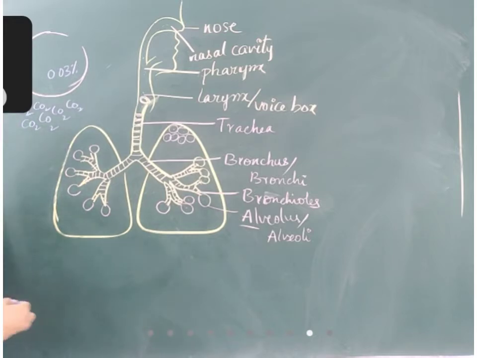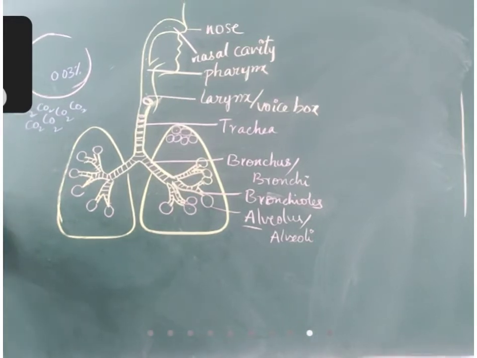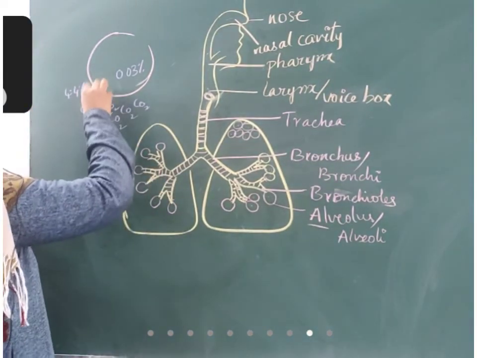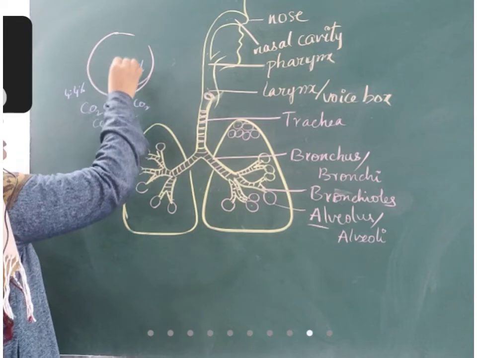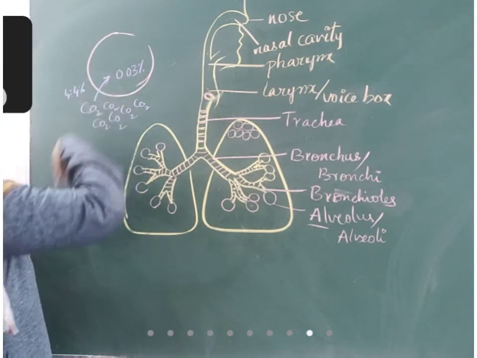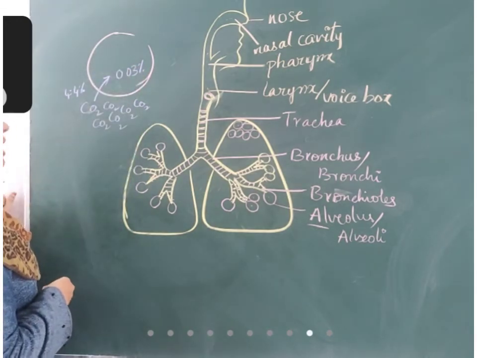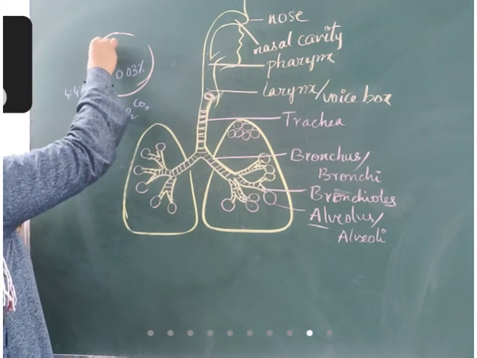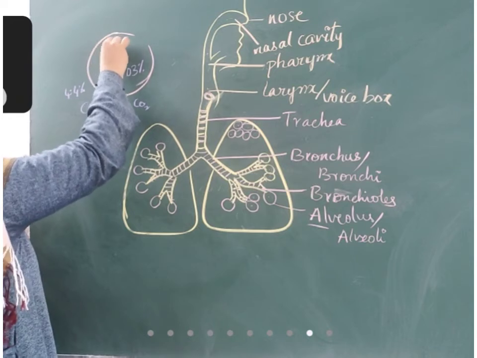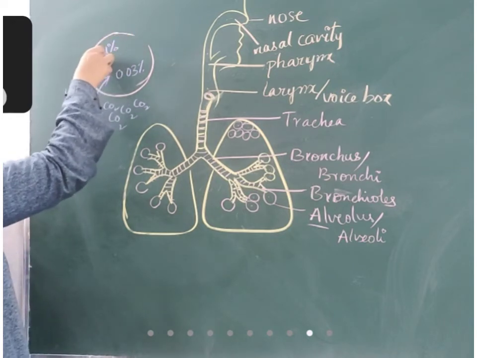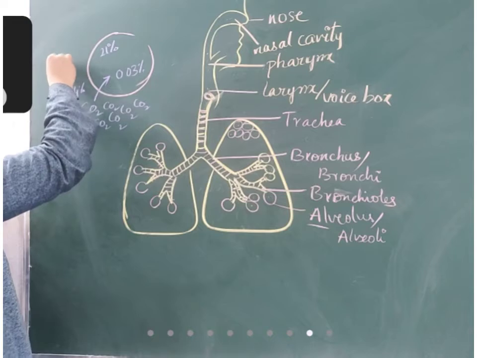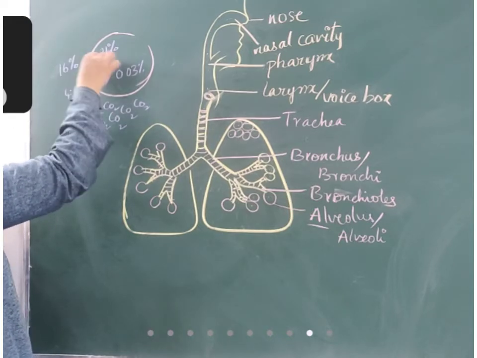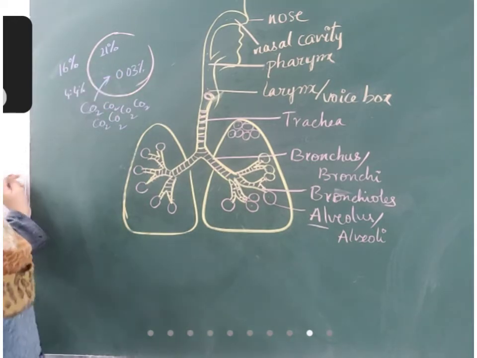So you know very well, concentration difference. If there is a concentration difference, what happens? Carbon dioxide tries to move from the high concentration region to the low concentration region. So it enters into the alveoli. What about oxygen? Oxygen concentration is 21% in the air that we are breathing in, whereas our body uses up the oxygen, so the percentage reduces to 16%. So there is a concentration difference again.